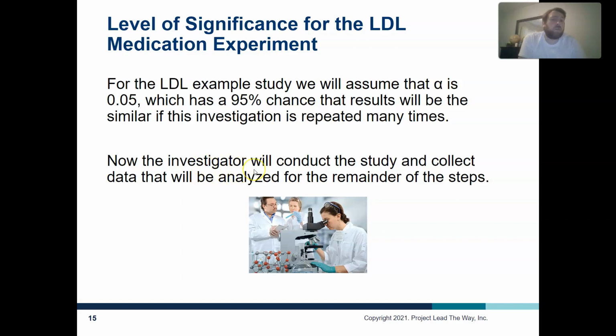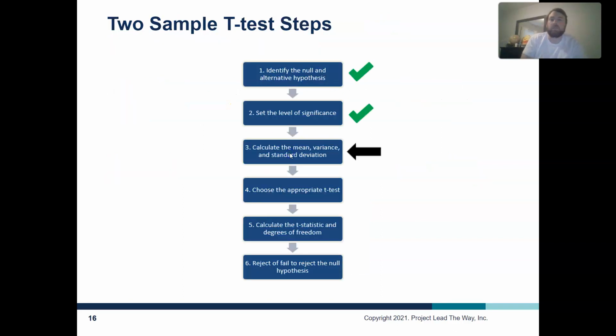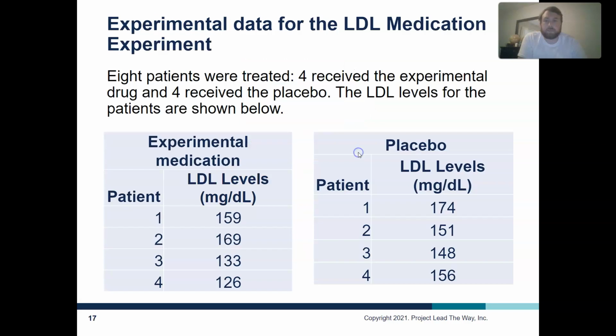So now the investigator will conduct the study and set up the data to be analyzed with this 95% in mind. So once we have the data, it's time to calculate the mean, the variance, and the standard deviation of our data set. And we have done things like this in the past. We might not have done the mean, standard deviation, and variance together, but we have done something like this in